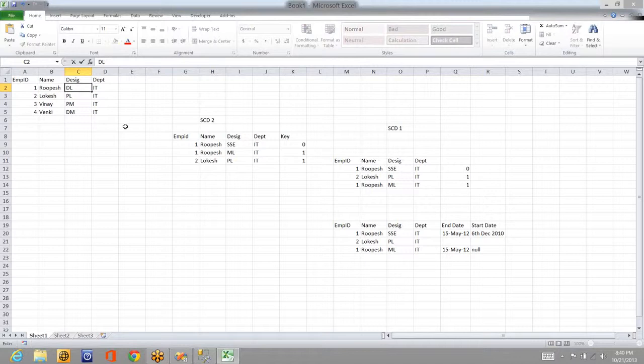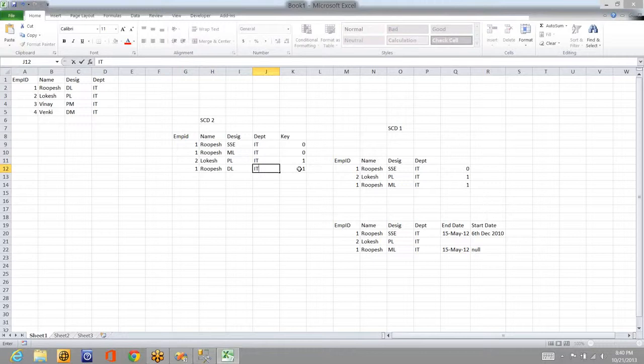So now what will happen if I execute it? Here it will check 1 is available, but this data is changed. It is not available anywhere here. So it will make that one 0 and this one 0, and it will make a new record: 1, Rupesh, delivery lead, IT.